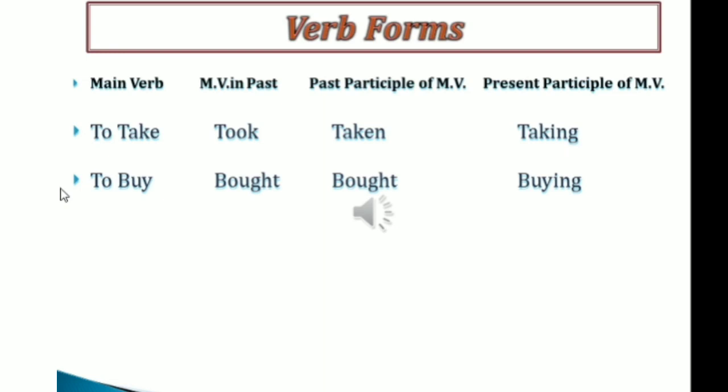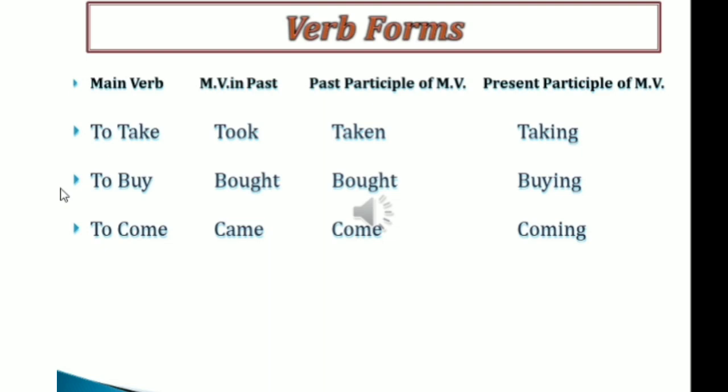Then type third: to come, came, come and coming. This is called type third because the main verb form and past participle form are the same in spelling and pronunciation, but their meanings are different. We have very few examples of this kind: to run, ran, run; to become, became, become.